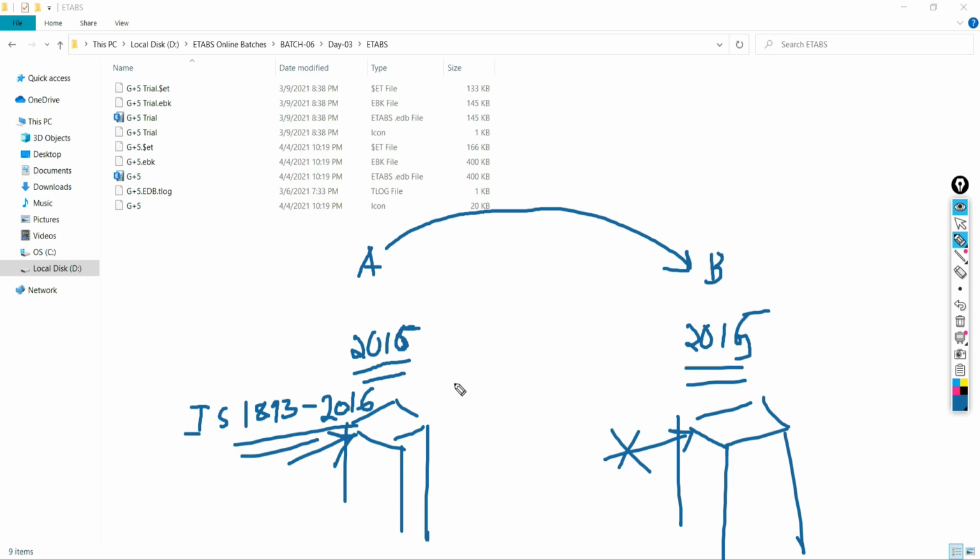So that's the problem with the change of the version. If you put the file from a higher version into a lower version, all the higher version contents and provisions which are not available in the lower version will be deleted, and all the results discarded. So you need to check it when you open a 16 version file in a lower version. You need to check your model for all its changes, correct them, and then proceed. Okay, so this is one thing.